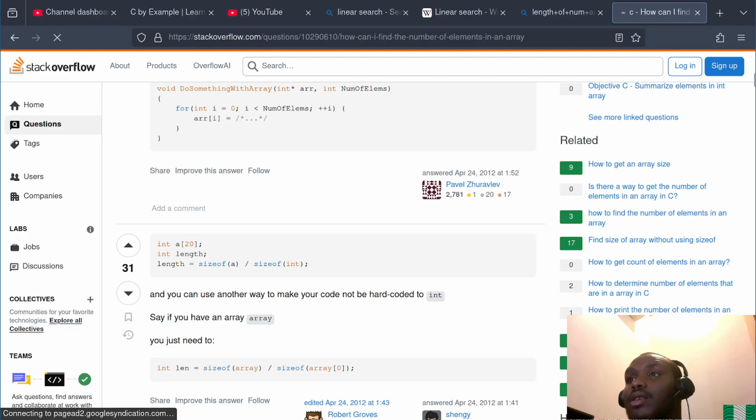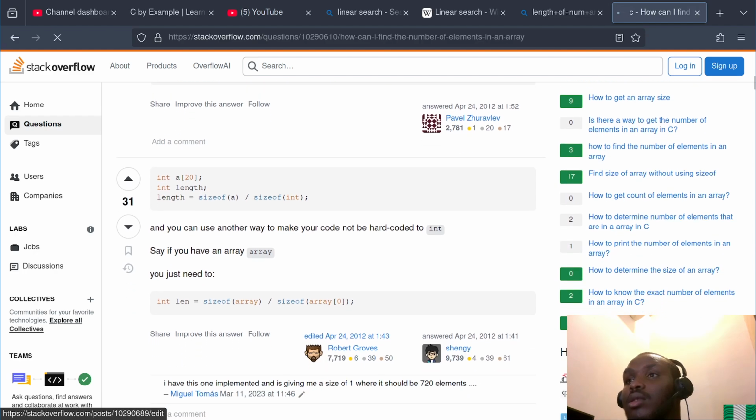Size of A over size of int, and you can use it to make sure your code is not hard coded to int. Say you have an array, you just need